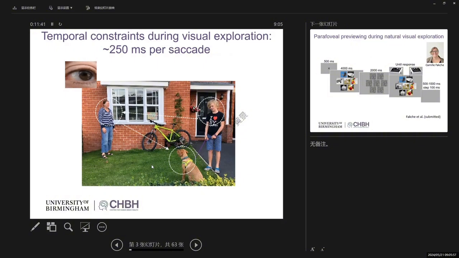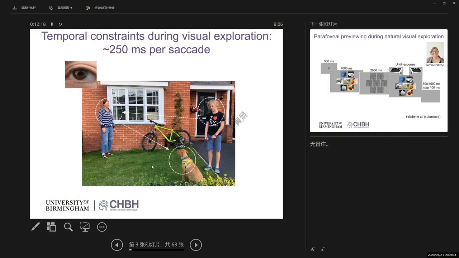What you see here adds to the mystery, in the sense that we know that we saccade 3 to 4 times per second. That means we have 3 to 4 saccades within a second. That also implies that a lot has to be processed very fast, right? If you fixate on the woman and are about to prepare a saccade to the dog, then not only do you have to process the woman, but you also have to prepare your saccade to the dog.